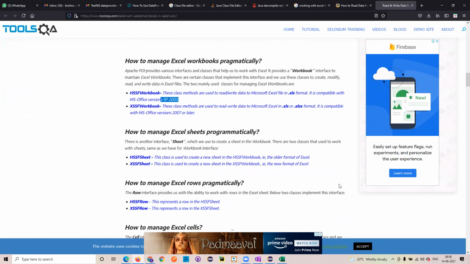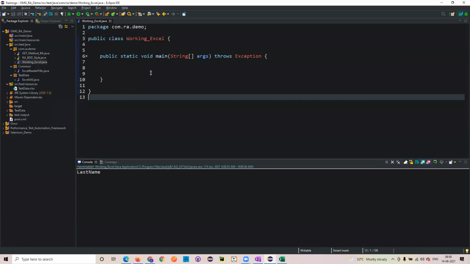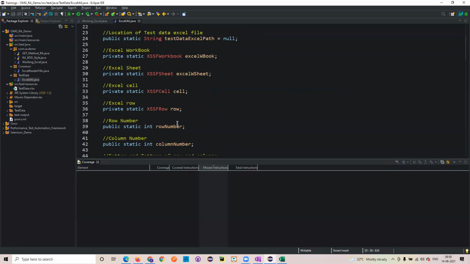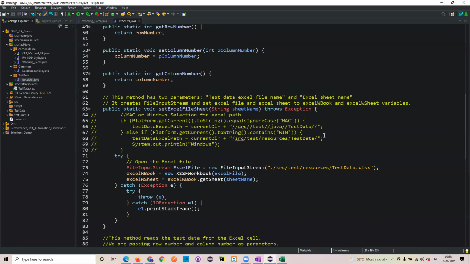Let's jump into the real-time implementation, and then we will see how these things would be working for us. Now, as I told you, in the real-time implementation, we will be writing some class files by default, and then it would be very easy to use. If you see the last time implementation and this time implementation, it would be much easier for us to understand. I'll come step by step, and then I'll show how we can implement it also. Okay. Now, what I wanted to do is, first I wanted to close all.